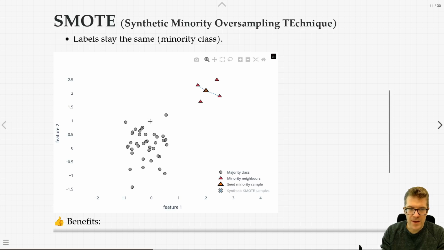Yeah, so here, these gray circles are the majority class. I have a good amount more of them than I have of my minority class. Here I technically have five minority neighbors. I want to augment this data set with synthetic examples that are still somewhat similar to the examples I already have, but not